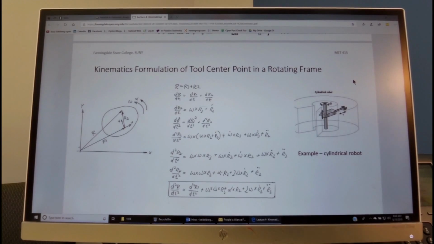Let us take a look now at how we represent a vector in a moving coordinate system in an inertial coordinate system which is stationary. So we have here a cylindrical robot where theta is the yaw, and z is going up and down, and y is going in and out. And you see over here that this is a truncated cylinder, and that's why we call it a cylindrical robot. Now, this is a schematic diagram, and the tip of the gripper is represented by position